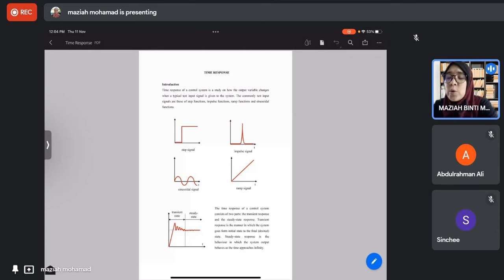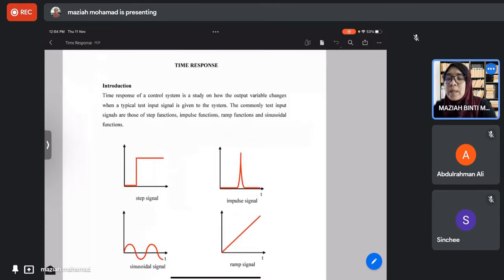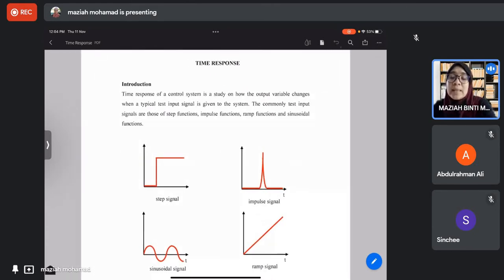So here it defines the time response as a study where we see how the output of the system changes when we apply the input to the system. So when we say the input to the system, meaning